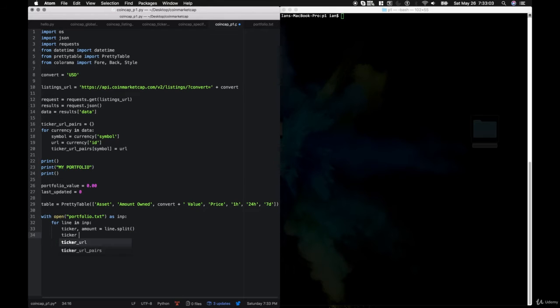And in case they entered lowercase values, we need to convert them to uppercase to match with our keys within our ticker URL pairs dictionary. So ticker equals ticker.upper. Now we need to generate a ticker URL. So we'll say ticker URL, and this will be used to call the API. It's equal to https api.coinmarketcap.com/v2/ticker,